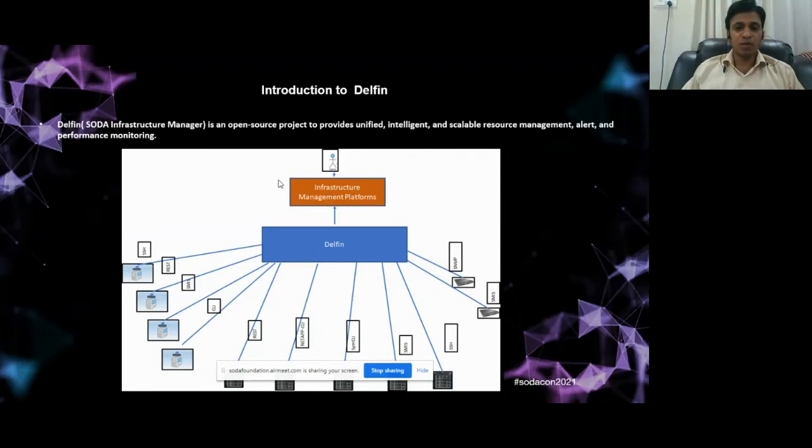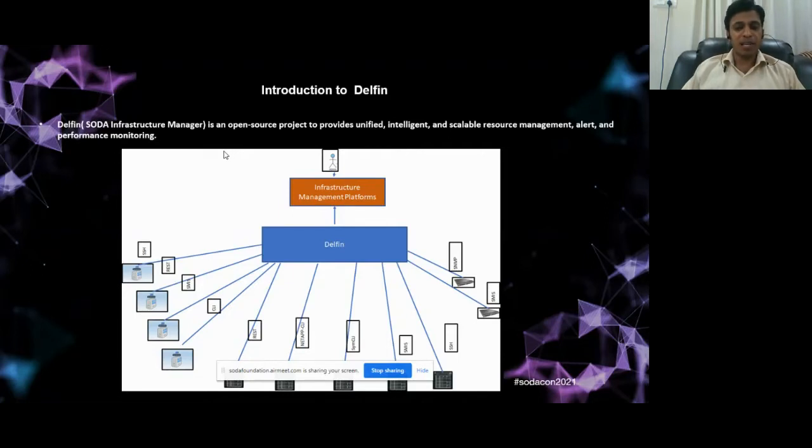So Delfin is a solution for single pane of glass management. Every device will have its own access mechanism. As you can see, some arrays may be accessed through a REST-based mechanism. Some may be using native CLI mechanism, or SMI-S-based access or SSH-based access.